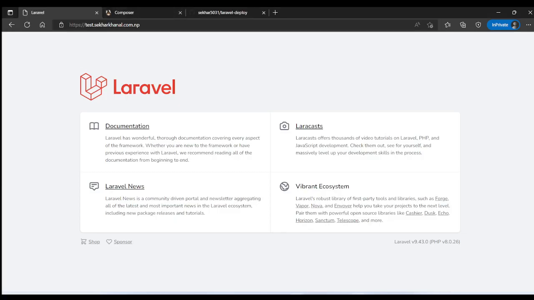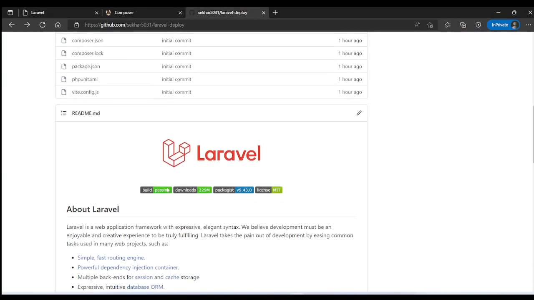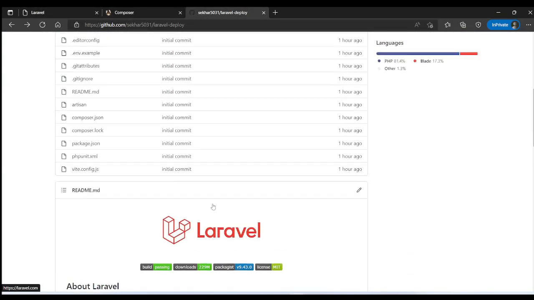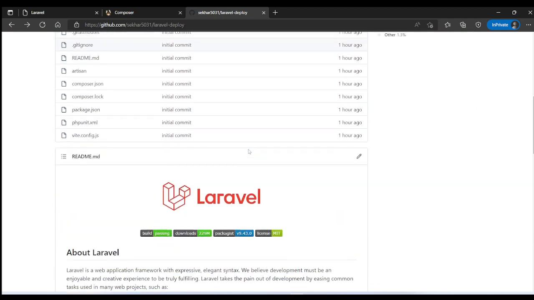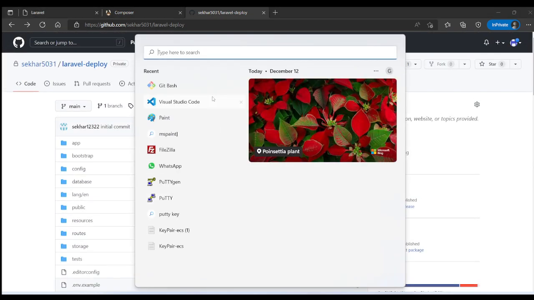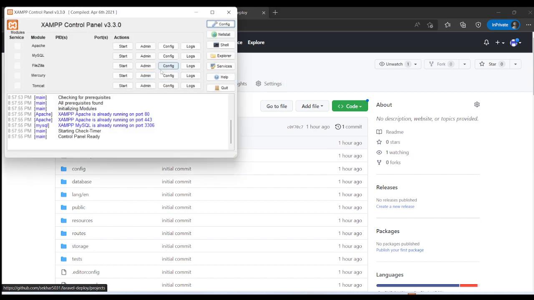Right now I am inside my folder location. I'll be cloning this repo on my local, and I'll be making the changes here locally, pushing them to my remote repository, and we'll pull the code from the server. So let's do one thing. Let me go to my XAMPP first, and for local development I'll require Apache and MySQL